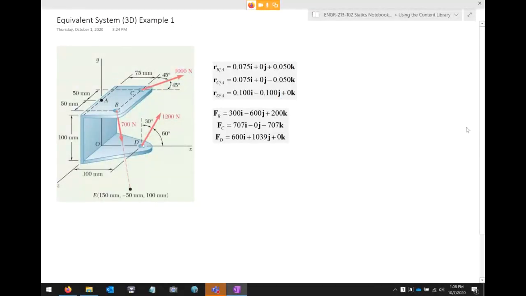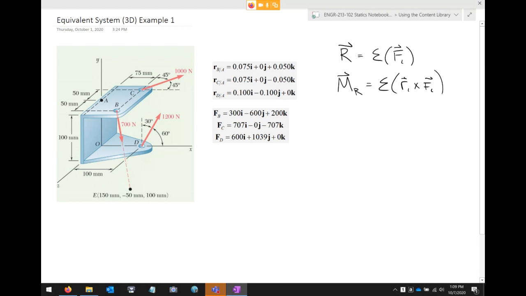Okay, so here's the problem that we're doing, and like I said, I think you're going to find this is pretty straightforward. The reason why is because we're still employing two basic fundamental principles in statics. We're going to be determining that the resultant is the sum of all of my individual force vectors, and then this moment vector, or maybe we'll call it M sub R, the resultant moment vector, is just the sum of all of my